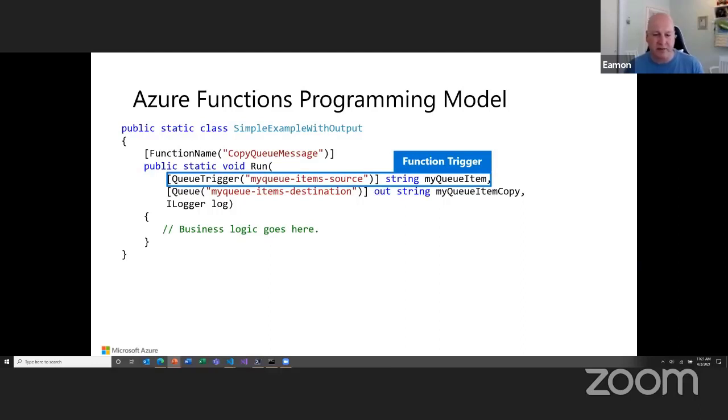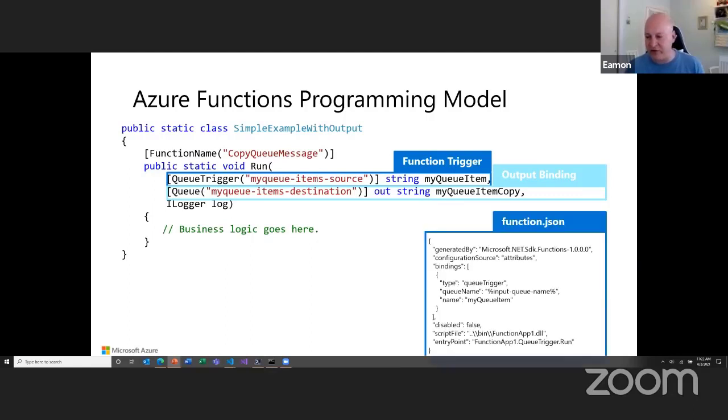Here you can see we're looking for an item on a queue, and then we want to send it, after we've processed it, to another queue after the changes have been made. Your business logic really is saying, okay, I'm going to get a message, I'm going to do some work on it, and I'm going to send it to another queue to be processed further down. It allows you to only write the code you need to do on that message and not worry about how to integrate and manage all the connections to those systems.